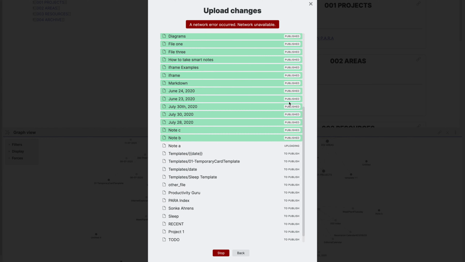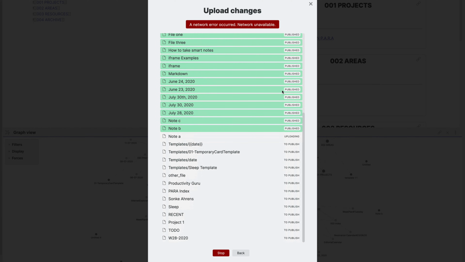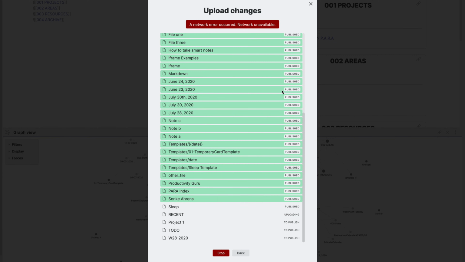Now, again, there's a similar problem with note A, but in the case of note A, I have just written A over there. So I don't know why this was a problem. There cannot be a problem with the internet because I have a very high speed internet. Now that we fast forwarded through that, it's publishing everything else in full speed in real time. And with that done, we've completed everything.